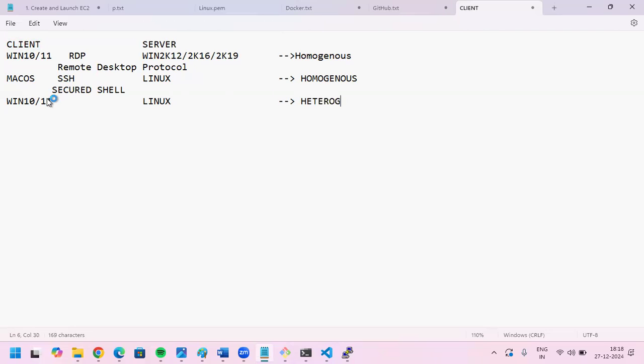What is the meaning of heterogeneous? Windows to Unix, that is called heterogeneous. Windows kernel is graphical mode, GUI mode. Linux kernel is CLI, command line interface. Both are different kernels. How are you able to connect? By using a third-party software that is called